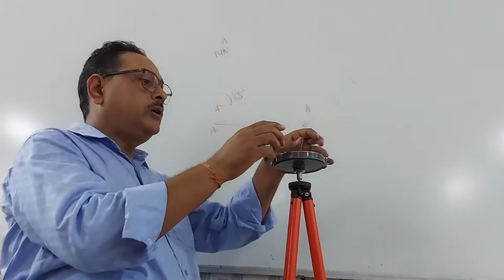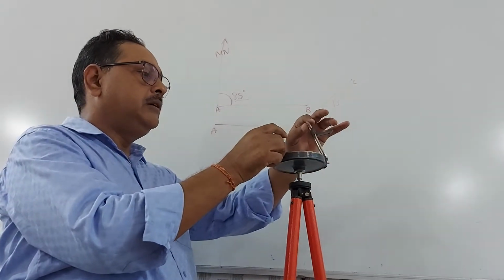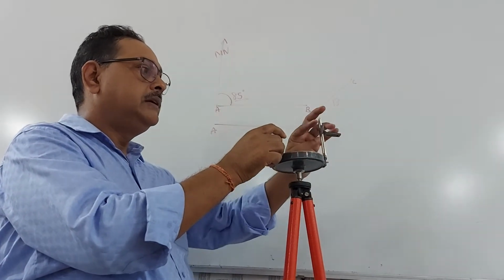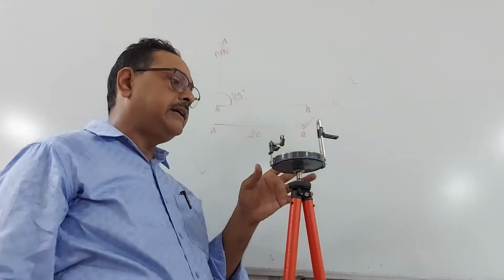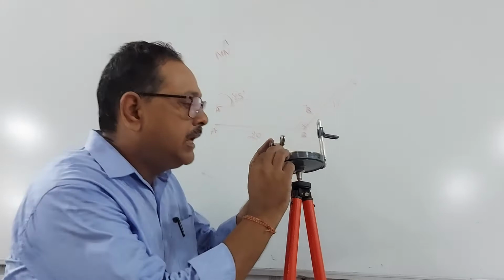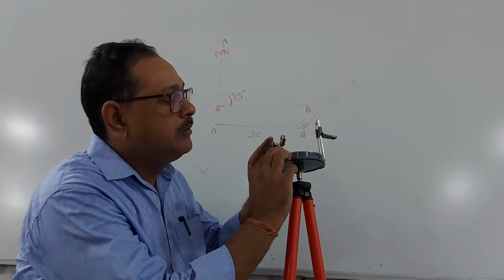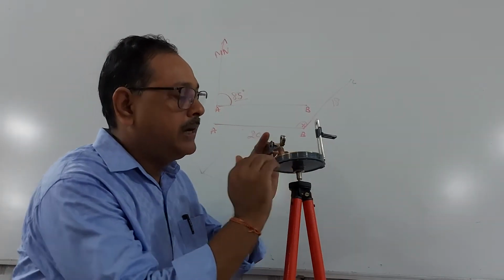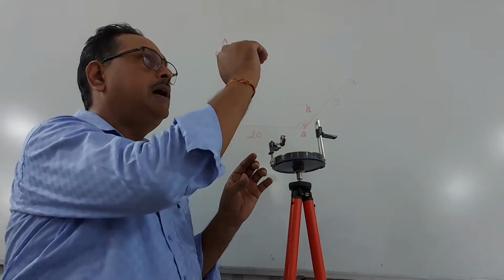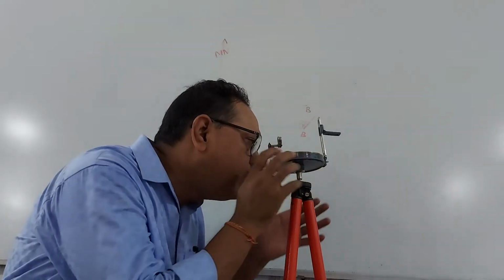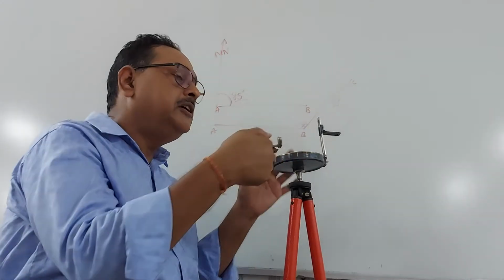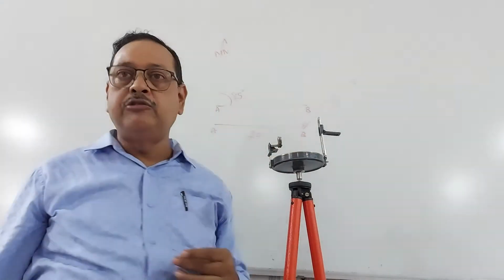Right? Okay, then I am making it active. So by lifting it, this particular compass becomes active, and with the help of this eye band arrangement, move it upper and lower, get it focused with the help of the prism, and you will be able to get a distinct reading on this graduated ring.